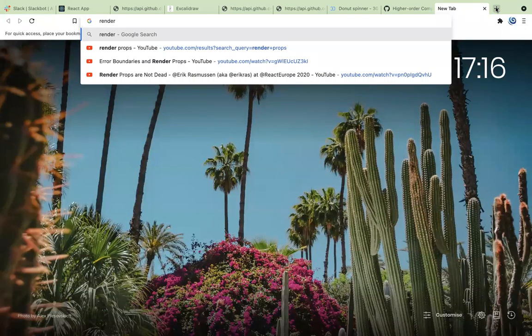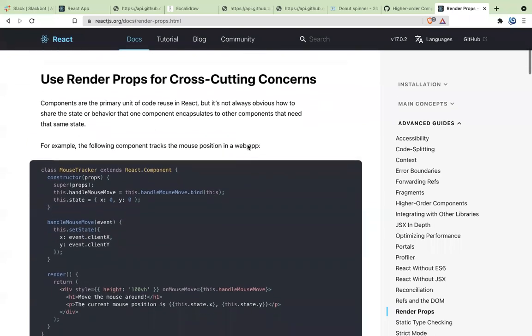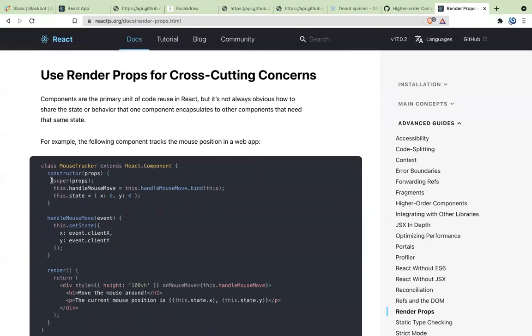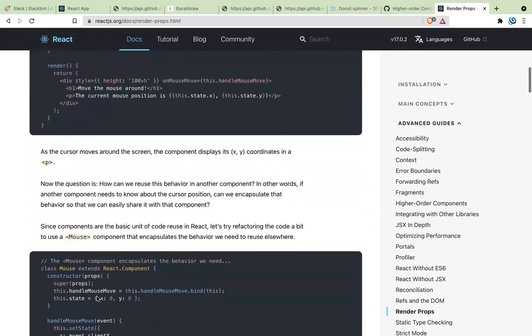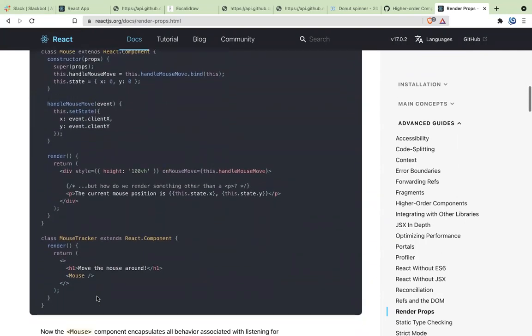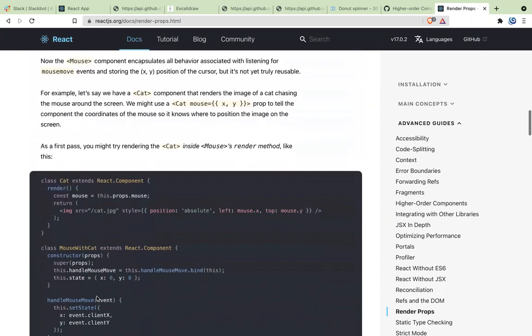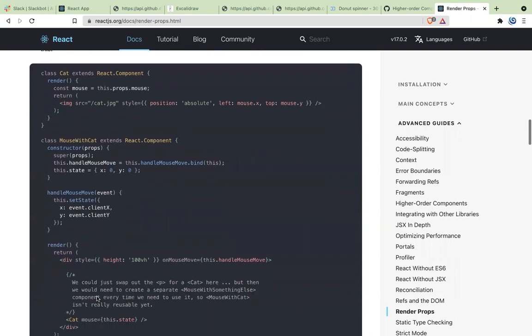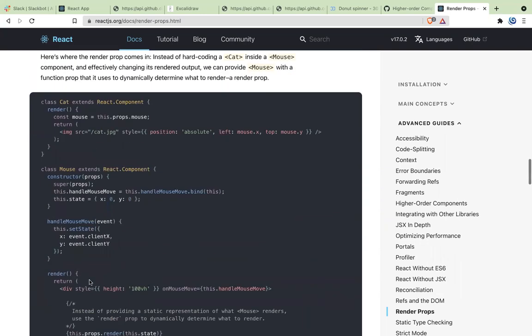So I'll give you an example of render props. If you just go to the documentation that they have, it is the same story. It's not like a constructor method and everything. All they have to do is pass a callback function, or a function as a children, and they will accept that children and use that. So let's see where they're doing it.